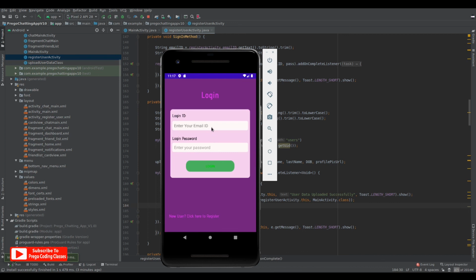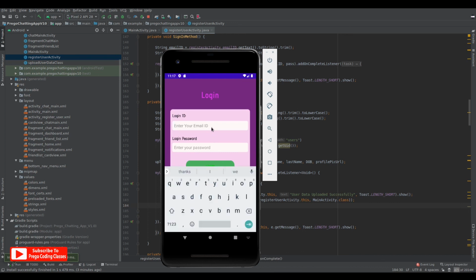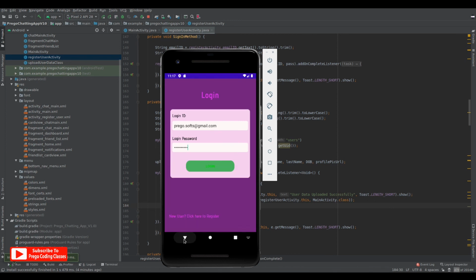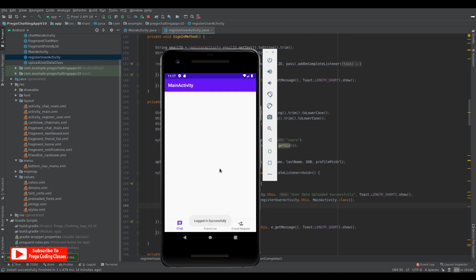Now as we want the user to work out a little more to log in, it's just this peekaboo game that is going on. So let's just log in our email. It's prigo.softs, I'm so sorry for the email, softs@gmail.com. Let's give my native password, my super secret password that even my bank account has. That's my first name and then 1 2 3 4 5. Then hit the login. Did it work? Yes, it worked.